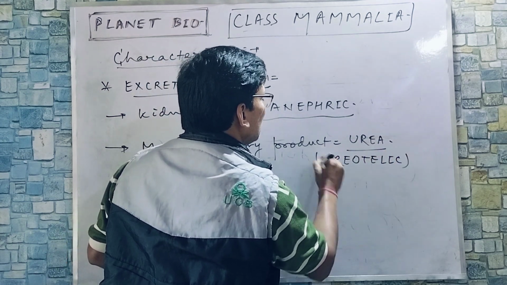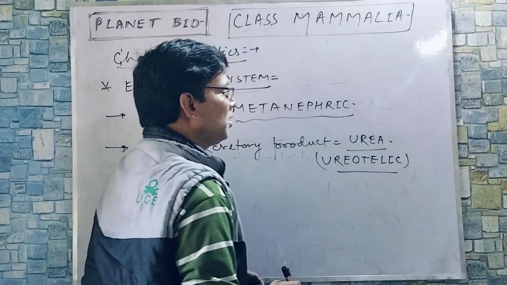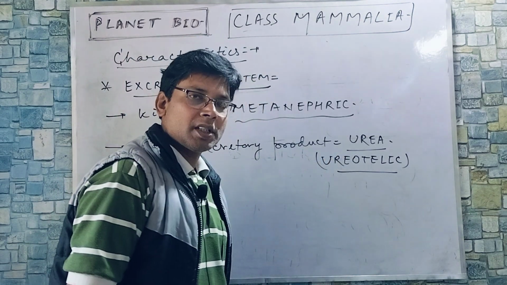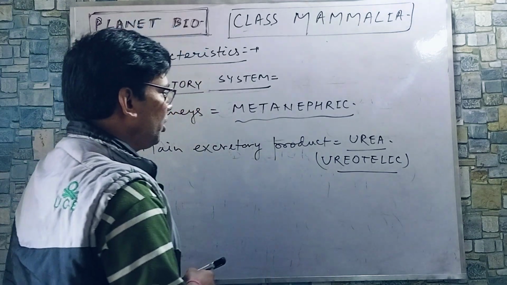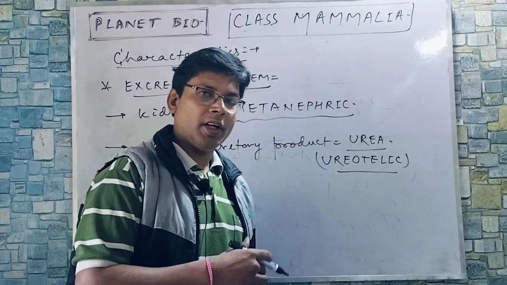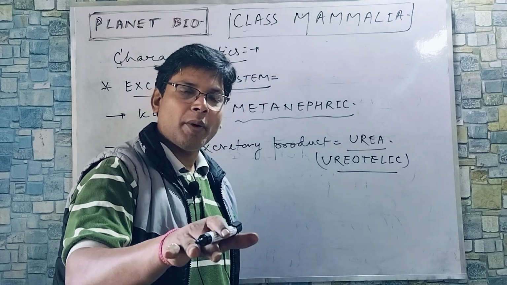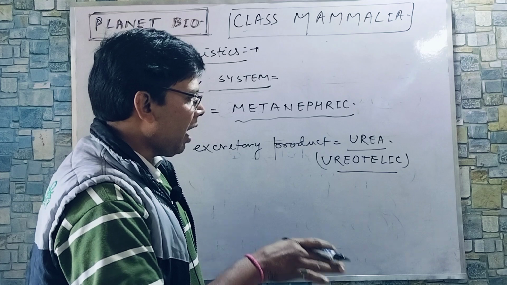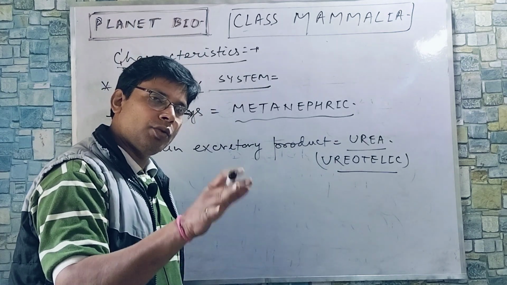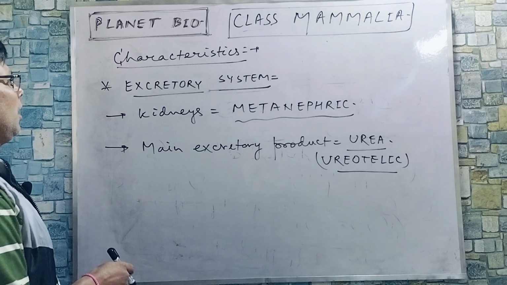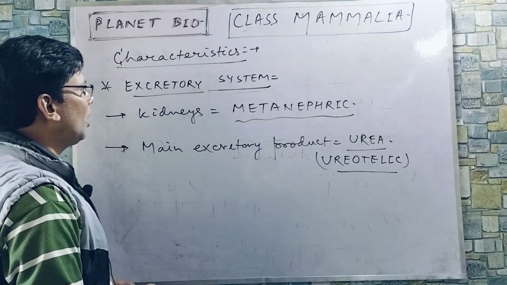Urea is 1 lakh times less toxic than ammonia, and ammonia is converted into urea in our liver. Okay, so urea is manufactured in the liver, then carried by the hepatic vein, and then filtered through the kidneys. Okay, and next,